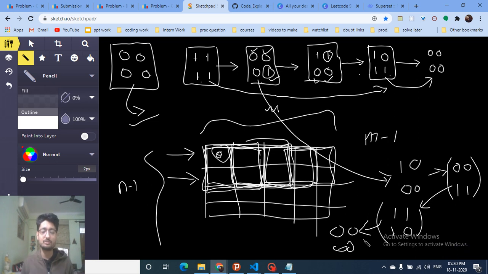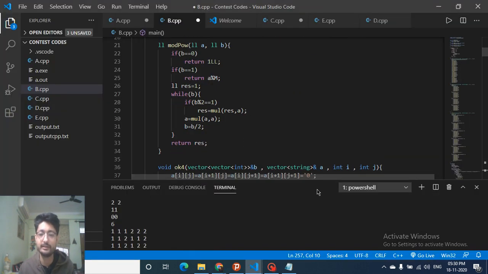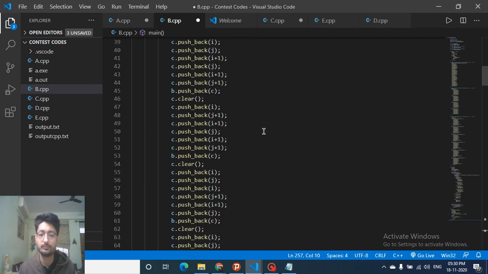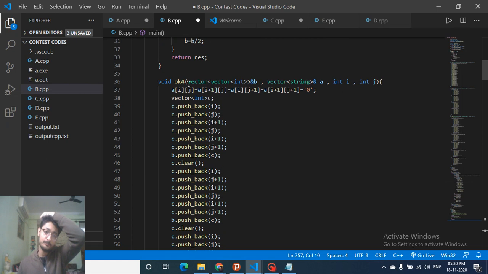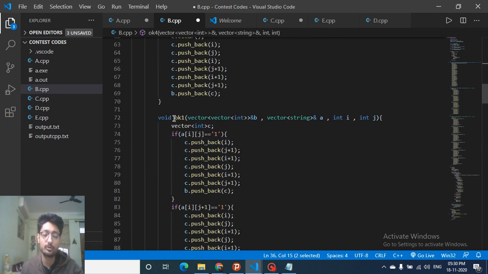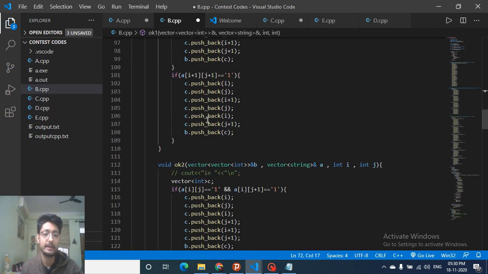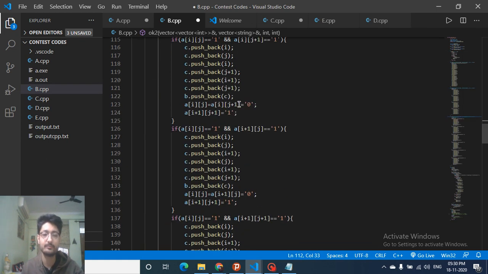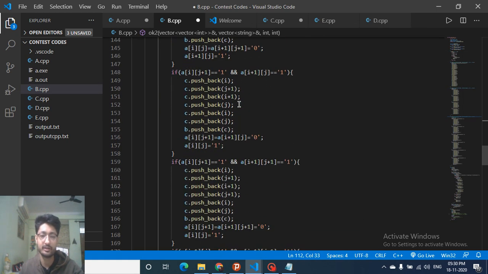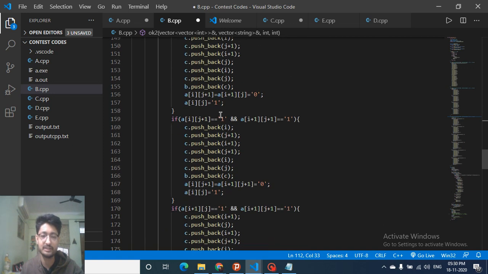So I will just have to find out or generalize this. My code is pretty long because I have taken care of all the cases, but this is the generalized case, how you can do this problem. I'll move on to the code part now. It is a little bit lengthy, but I'll tell you how to approach this problem. This is the method for 4, which means that if I have 4 bits on, this is the method for 1 bit on. If only 2 bits are on, this is the way. And okay, this is the code. I've generalized every case.